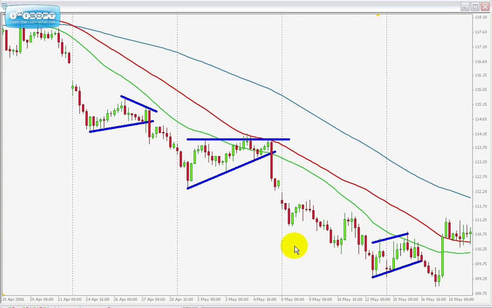Okay, one of the beauties of Forex is that trends are very solid. Okay, they are more solid than in the stock markets. They are more solid than in futures trading. Forex is one of the most trendy markets out there, and when you find a trend, okay, they usually give out